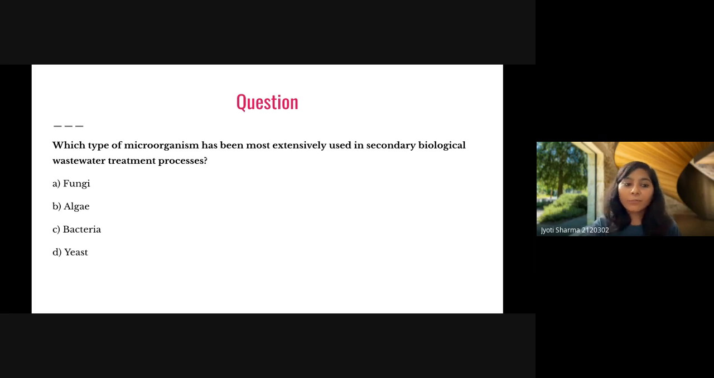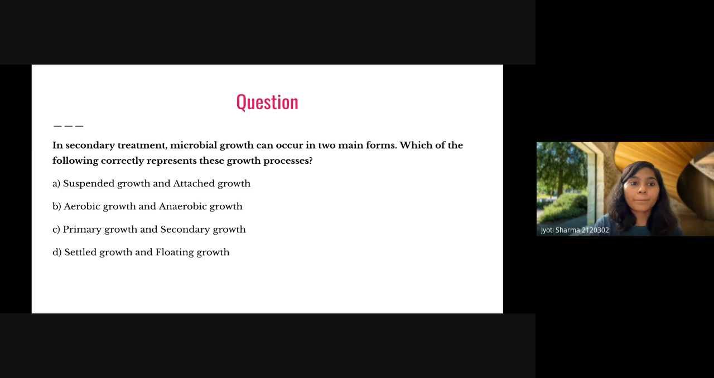Okay, so everyone gave me C answer. Yes, most of the time we use bacteria to degrade the organic compound from the wastewater. In wastewater treatment, we can have microbes in two forms. So you have to tell me these two forms, in which we can have microorganisms in the